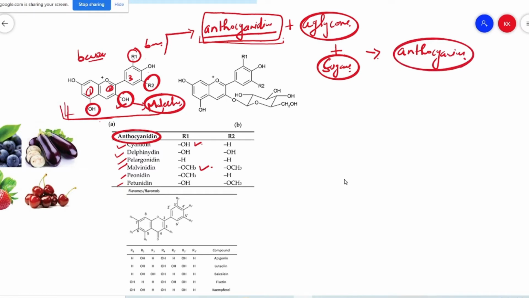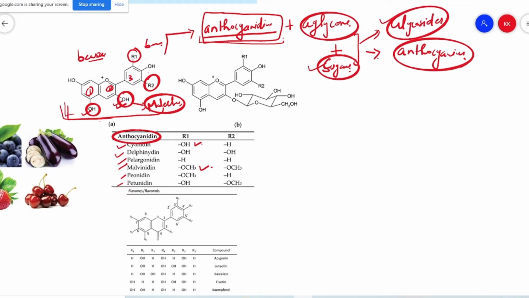And your sugar molecules will get esterified at the positions where the hydroxyl groups are present. So it will make a type of glycoside. This bond formation or association is called a glycoside. We had already discussed carbohydrates. When carbohydrates make a bond with another type of molecule, either sugar or another molecule, then these types of molecules are called glycosides.